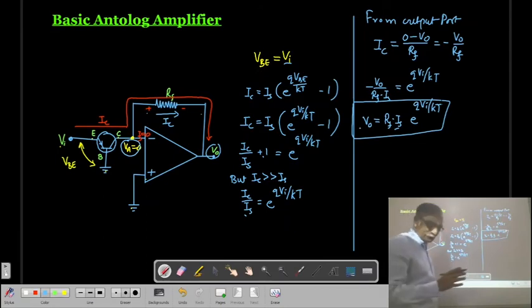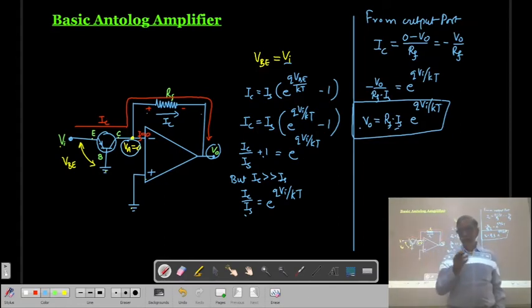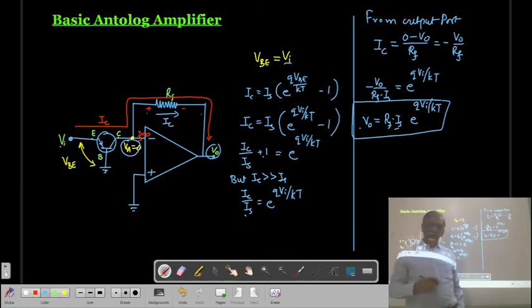So in this way, the log amplifier and anti-log amplifier are used for compressing the data. It is also used in a spectrum analyzer. It is also used for measuring the voltage in dB, because a dB is nothing but 10 log P2 by P1. So in that case you require the log of the power, and here this log amplifier you can use. It can also be used for the multiplication and the division of two data. Let us see how we can use this log and anti-log amplifier for the multiplication.